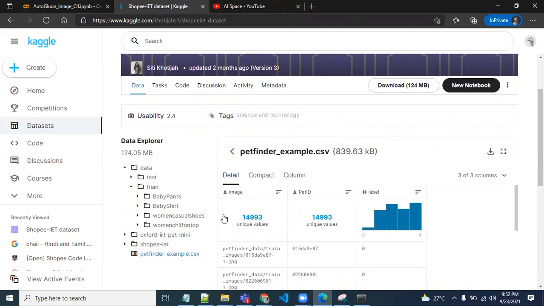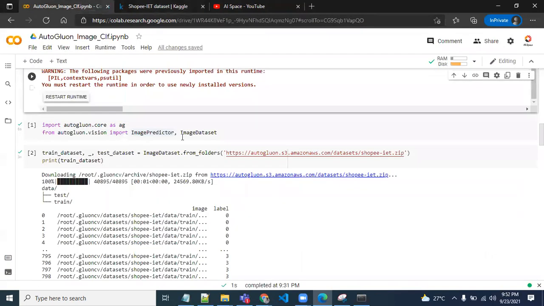In the training folder, we have four categories: baby pants, baby shirts, women casual shoes, and women chiffon top. Let's see how we will classify these categories.